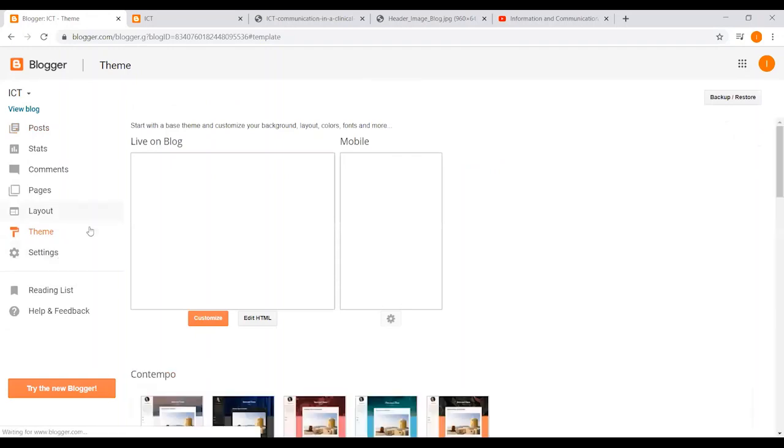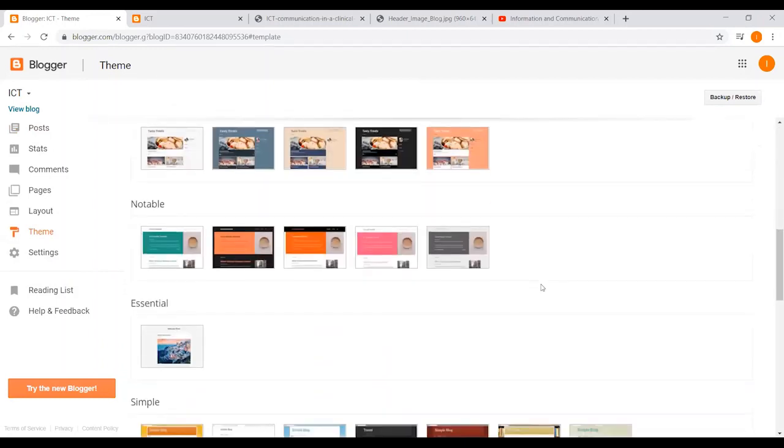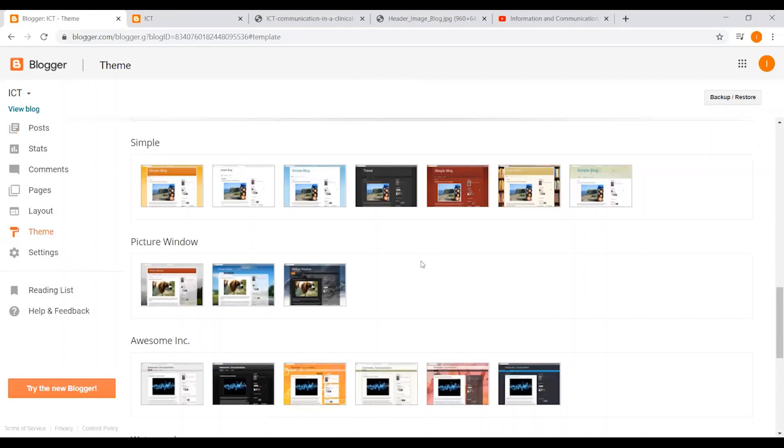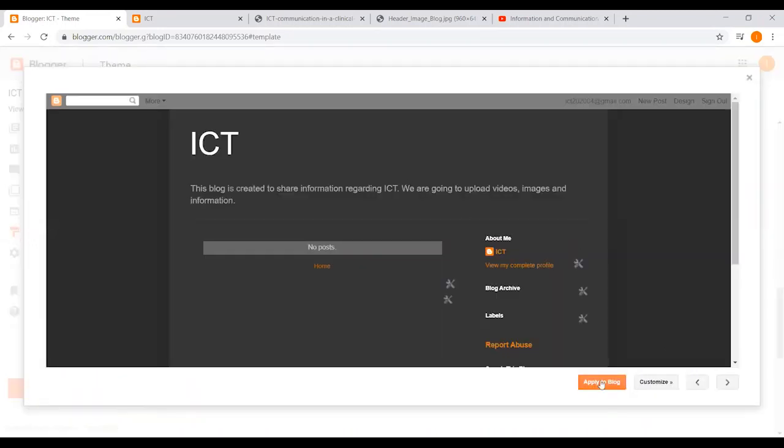So select this one, and here you may see the current theme which is applied in my blog. So I'm going to change it. Which one? We're going to use this one. We have two different options here. We have apply to blog and also customize. If you want to apply it, you may apply it directly, but in this case, I'm going to customize it